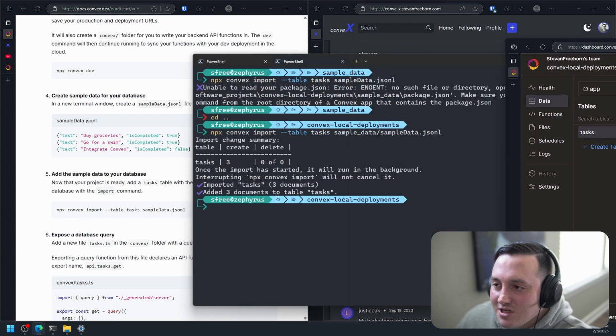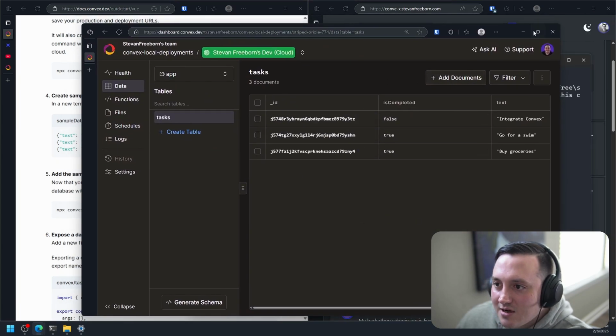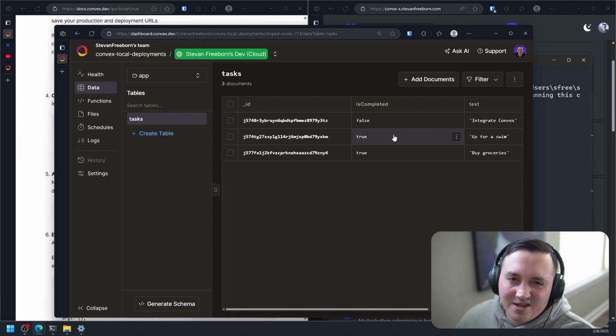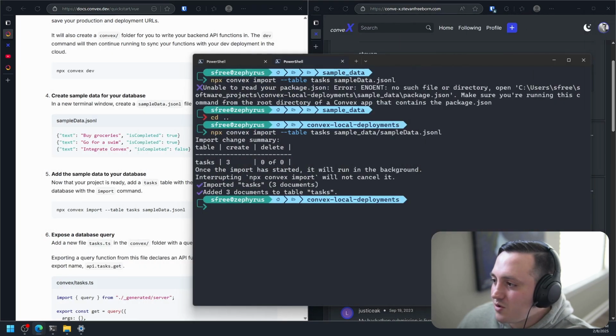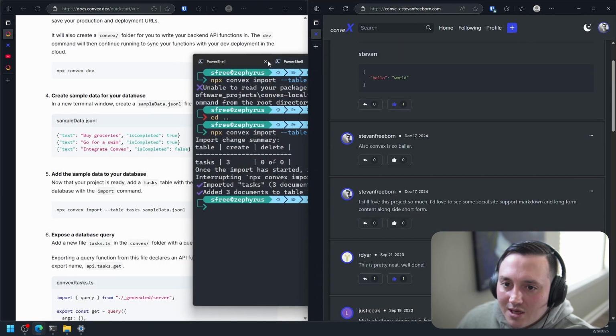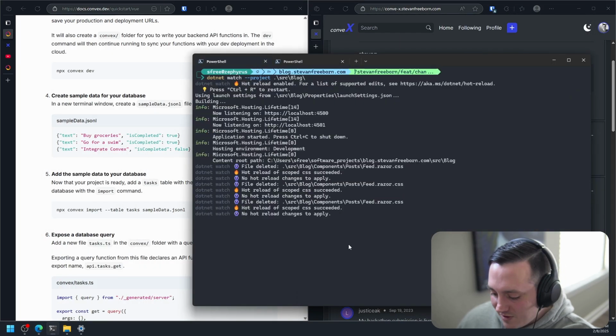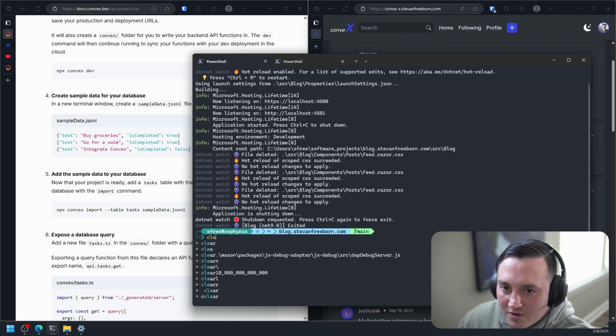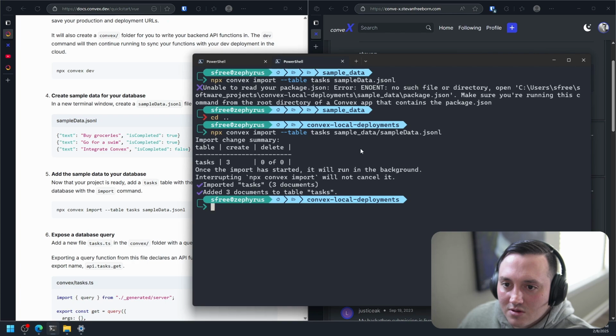But now obviously the data's here, but to get it into my application, I have to do basically some ORM stuff to have a representation of this table in my code, which is what this tutorial is going to have me do next. And forgive me because I'm stepping through a lot of stuff here that doesn't really have to do with the local deployment. It's just Convex specific stuff, but this way I actually have an environment where I can explore the local deployments.